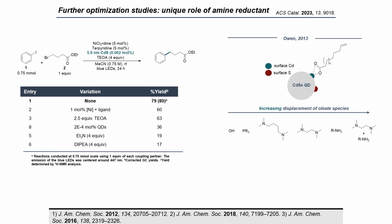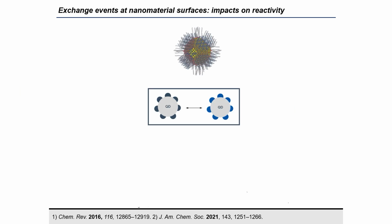Something that we were curious about is if our reductant and the unique ability of TEOA as a reductant in this system would be compounded by the fact that it could interact with the oleate at the quantum dot surface. And indeed, surface chemistry on nanomaterials has been well precedented to have multiple impacts on the reactivity profile and performance